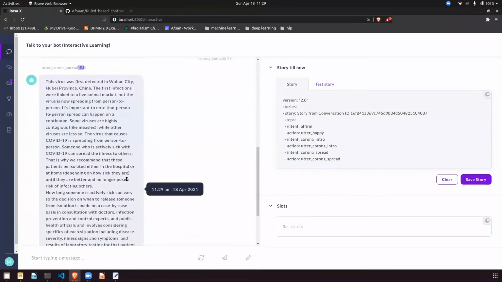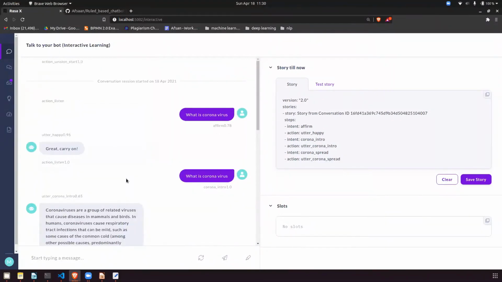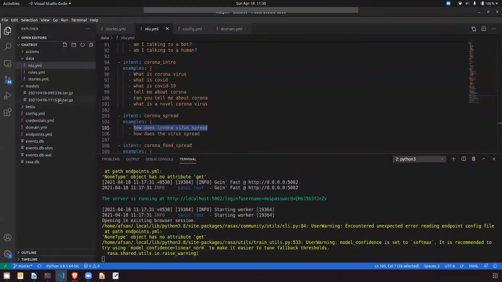Try to create your own model with this. This is a very small model that I'm creating because of the GPU and CPU constraints. If you go to a GPU, you can build very large models there, with very high accuracy and very extensive coverage. So this is a small model that I have made here, and this is the model that is getting saved. Now you can use this model to do any kind of stuff. You can load it and do any kind of prediction from this model.